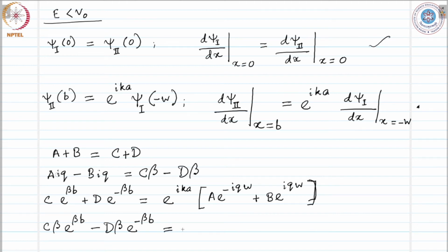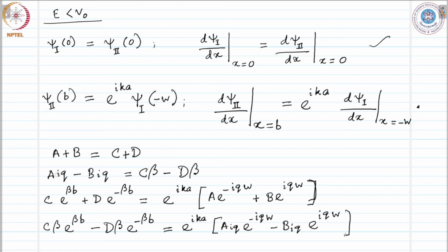This quantity equals e^(ika) times (a iq e^(-iqw) minus b iq e^(iqw)). So, we have a set of 4 equations with 4 unknowns in here,